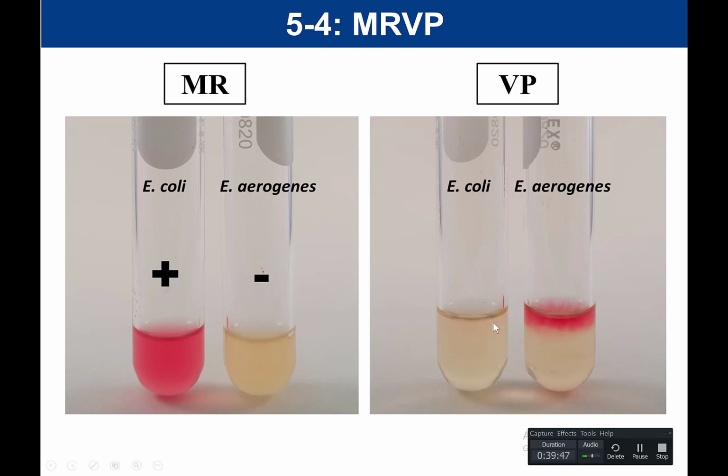Notice for this time, if you look at E. coli at the very top, it has this very faint pink, almost kind of coppery color. Again, that is not the positive. That's just the reagents reacting with one another. That is not a positive. So this result for E. coli would be negative for VP because it's not pink red, so there is no acetoin produced. But we see that pink red ring at the top of the Enterobacter aerogenes, which tells us that EA is